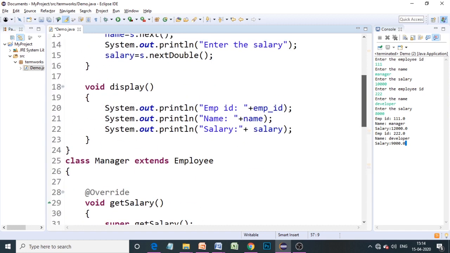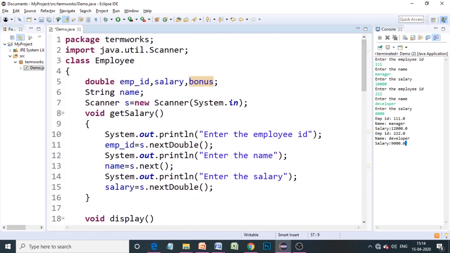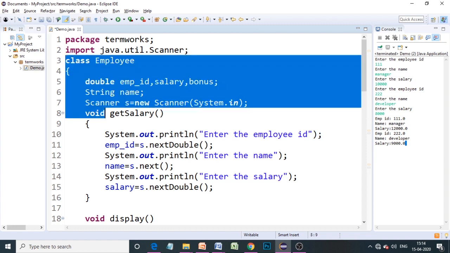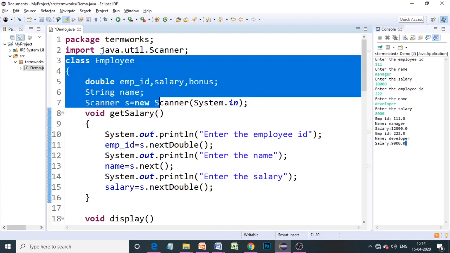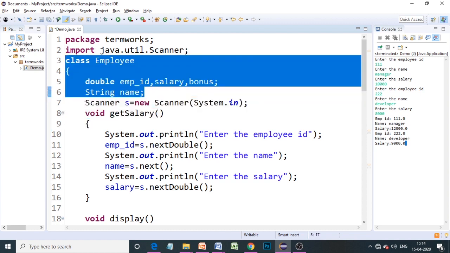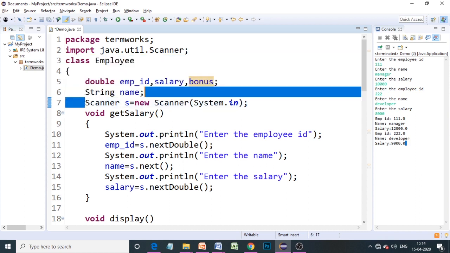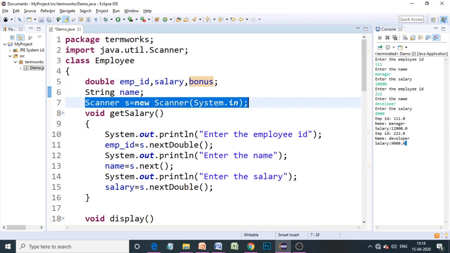Let us summarize this. We have the class employee, in which we have data members, that is employee ID, salary, bonus and the name, and we are using the scanner class's object because we have to read the data through the keyboard. To do that we need an object of the scanner class. There are different ways, but I am using this method.